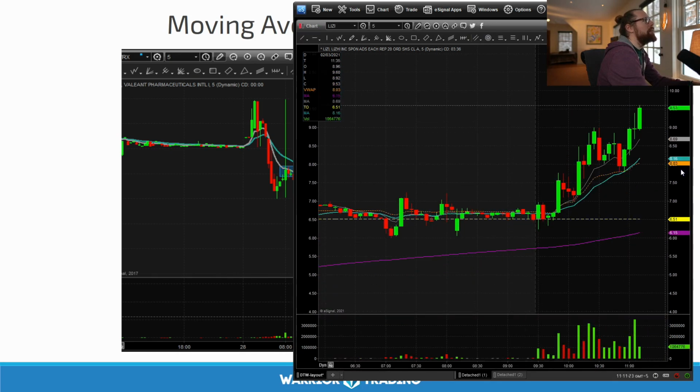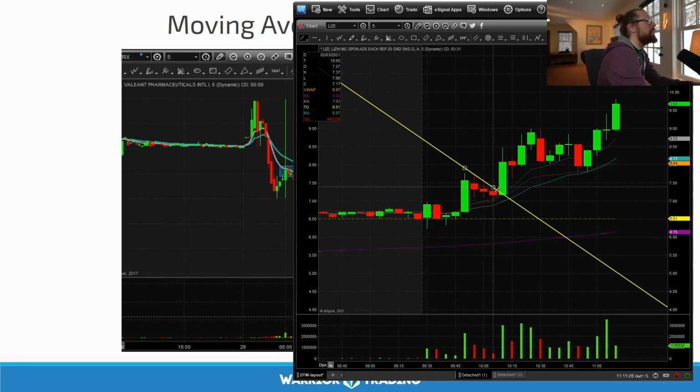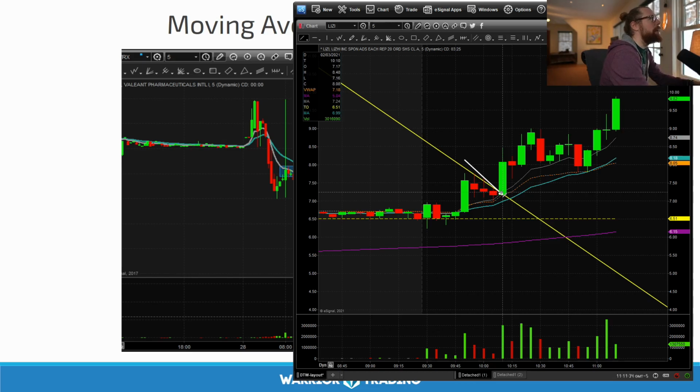So see how this pulled back right here on this first pullback? This was a reasonably good bull flag, off of both the 9 and the VWAP. So that was a bull flag with moving average support right underneath it. This pullback here was to the 9. It did a false breakout and went higher. It came back down and bounced off the VWAP, and then from there at $8 has gone now up to